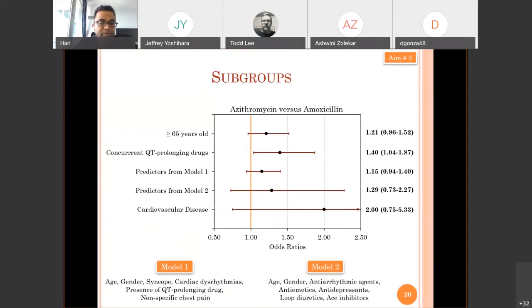Again, we saw the same thing with patients who had a pre-existing cardiovascular disease. It's a wider estimate because we had a smaller sample of patients who had cardiovascular disease. I think it was 100,000 patients. It seems large, but the confidence interval was much wider, trending towards, the odds ratio is 2, but not really significant. And this is what the previous studies identified, that patients who had pre-existing cardiovascular disease were actually at a high risk of experiencing cardiac events when treated with azithromycin compared to other antibiotics, and we didn't confirm that finding in our analysis.